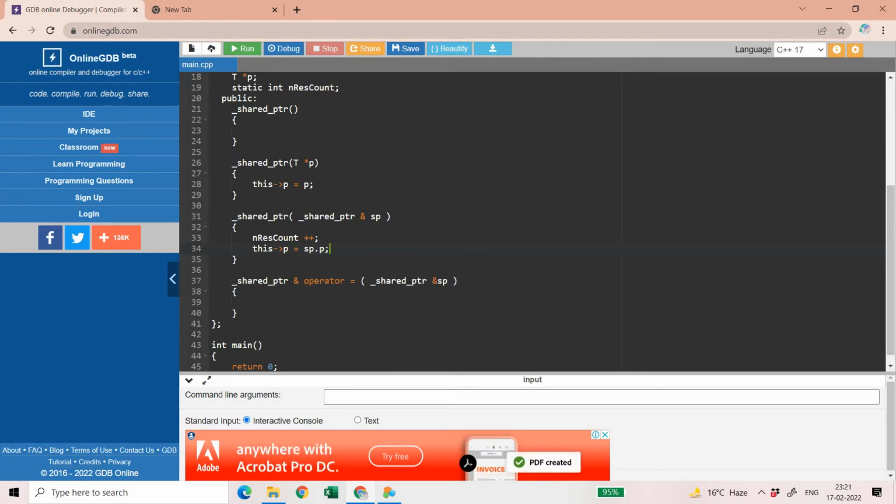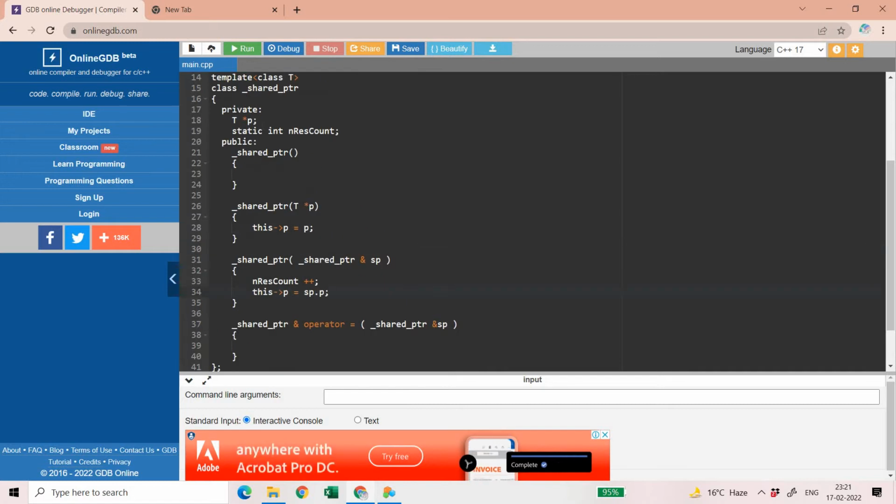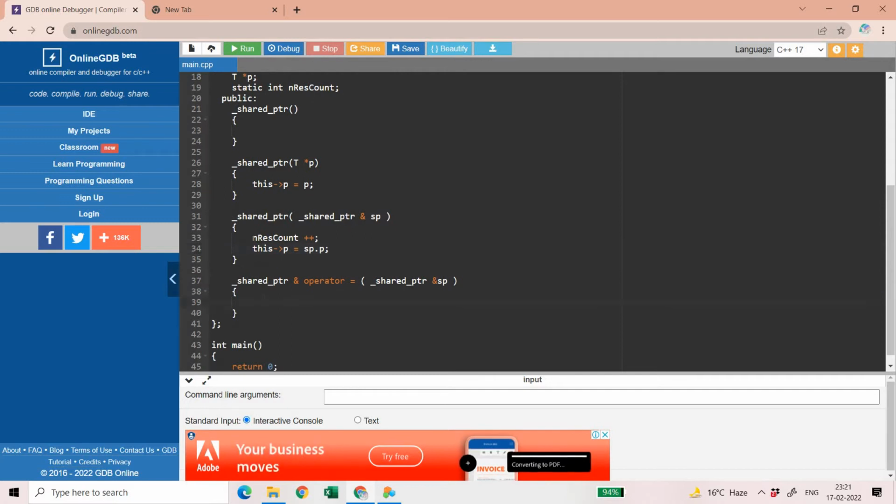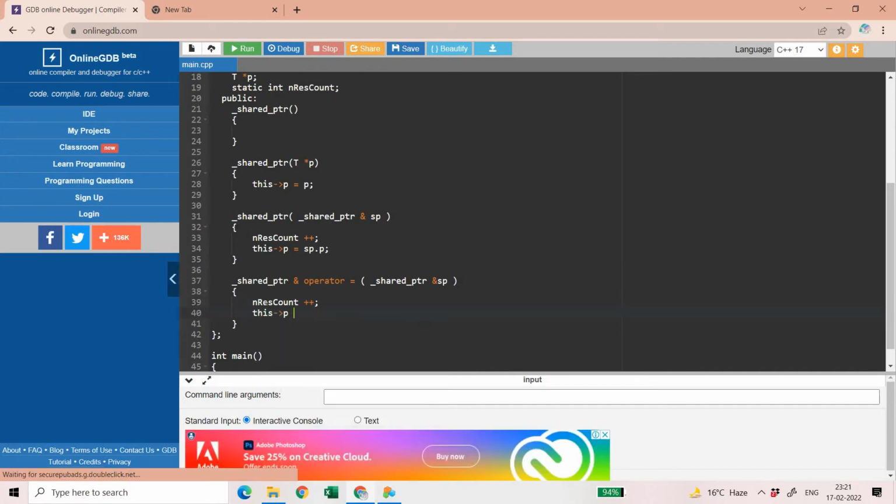That's it. So we are increasing the resource count, and at the same time we are assigning the pointer which came into this shared ptr into the p of the current object. Same thing you need to do here, resource count plus plus, and this->p is equal to